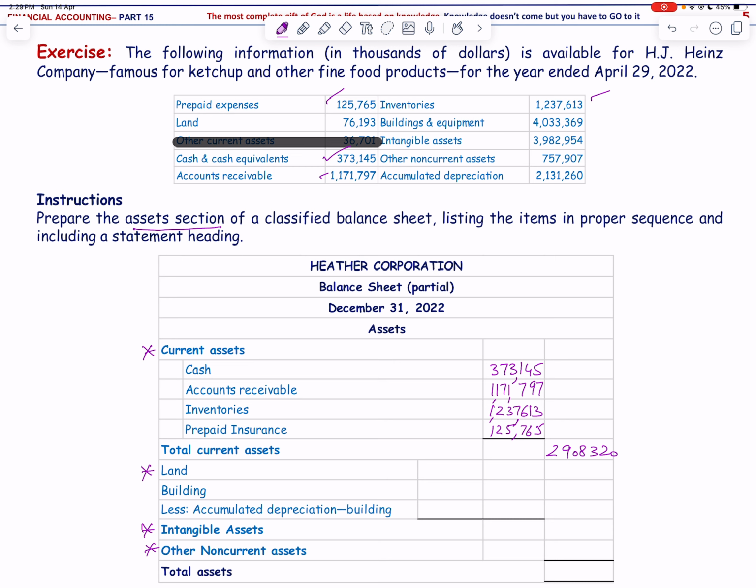Then we have land 76,193. Then we have building, and building is 4,033,369. From this we will subtract the accumulated depreciation of 2,131,260. That makes 1,902,109, and the total of these assets will be